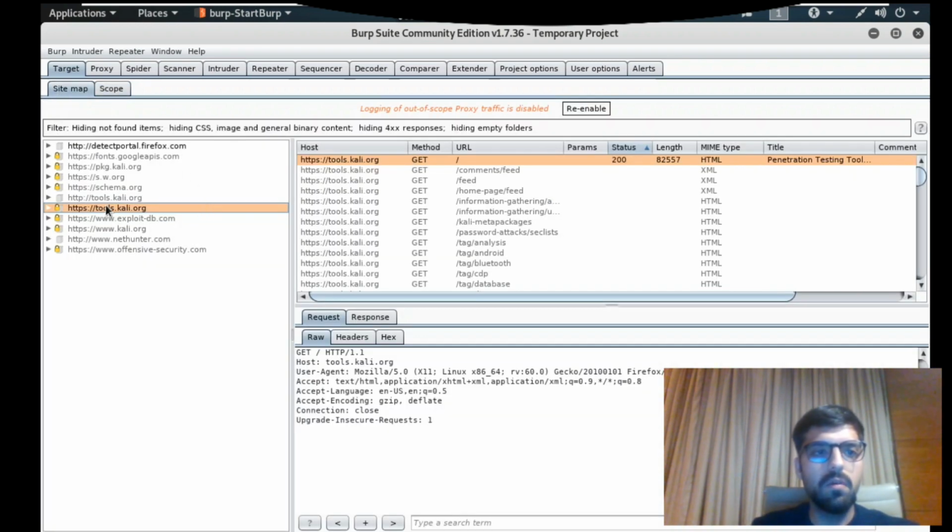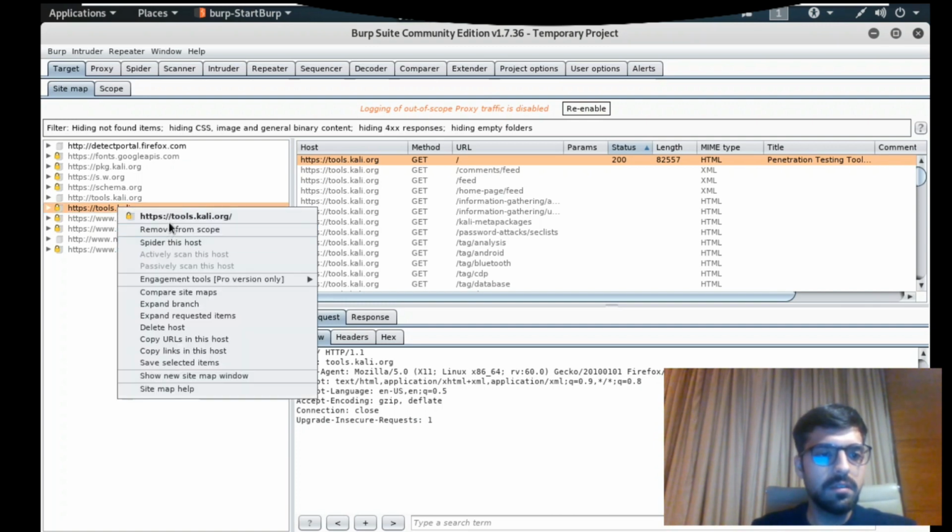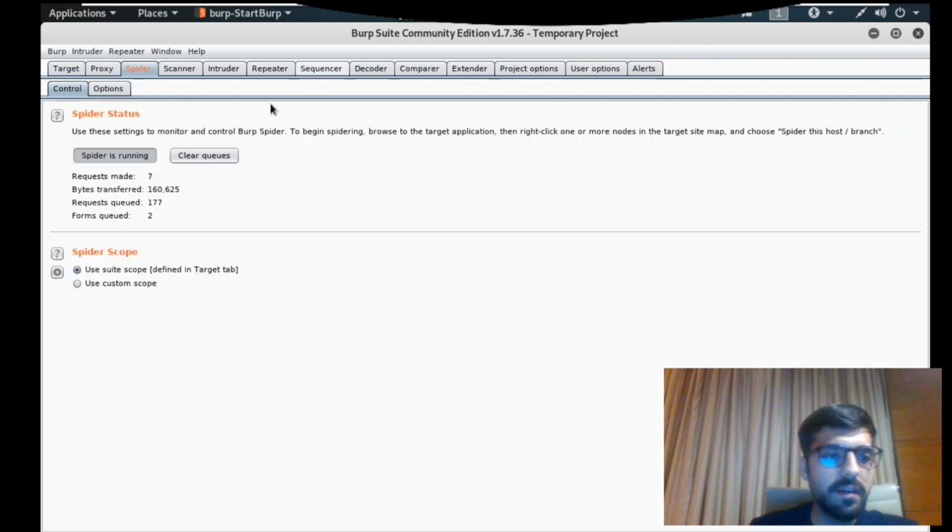Now what the spider does is crawl this specific host so that you can get the multiple web pages available for this host. Also, there are many web pages which are not available on the public domain. You can also get those web pages using this functionality. So if any vulnerabilities are on those web pages, you can exploit them. Here choose the option spider this.